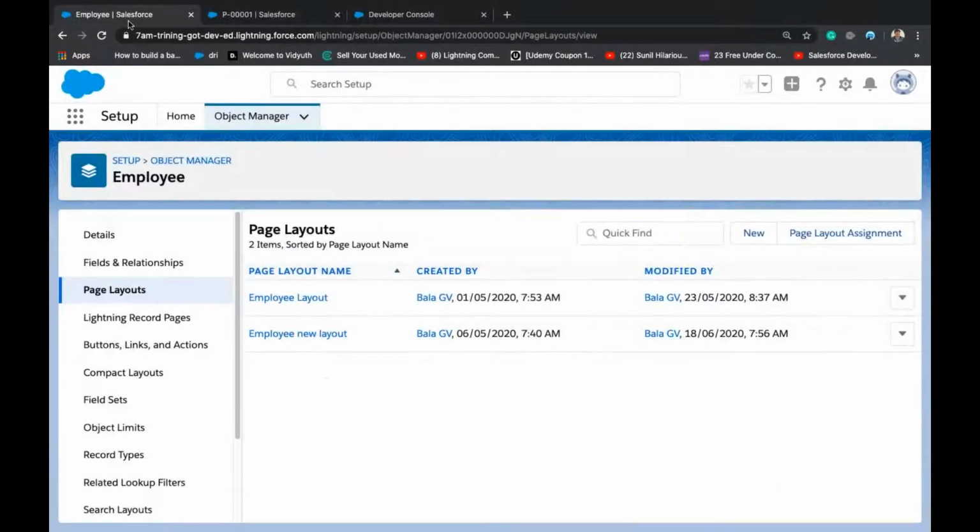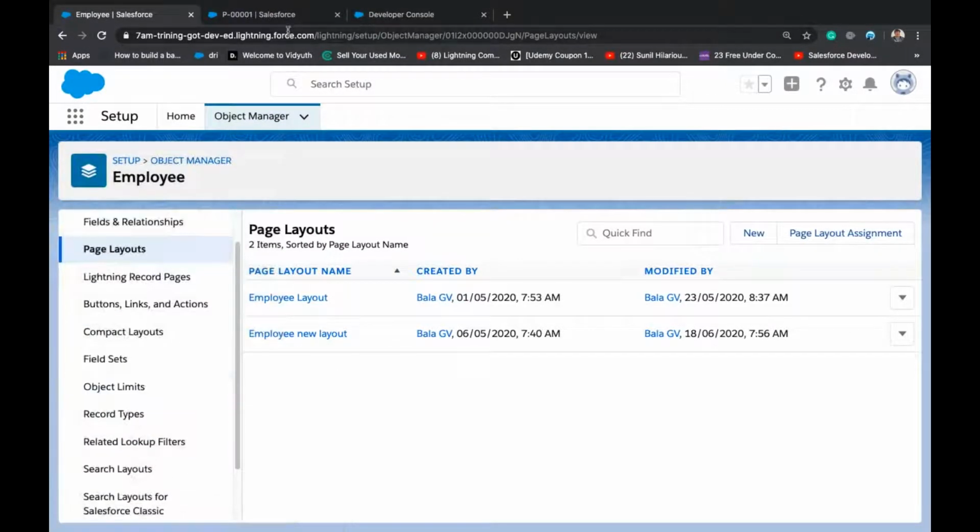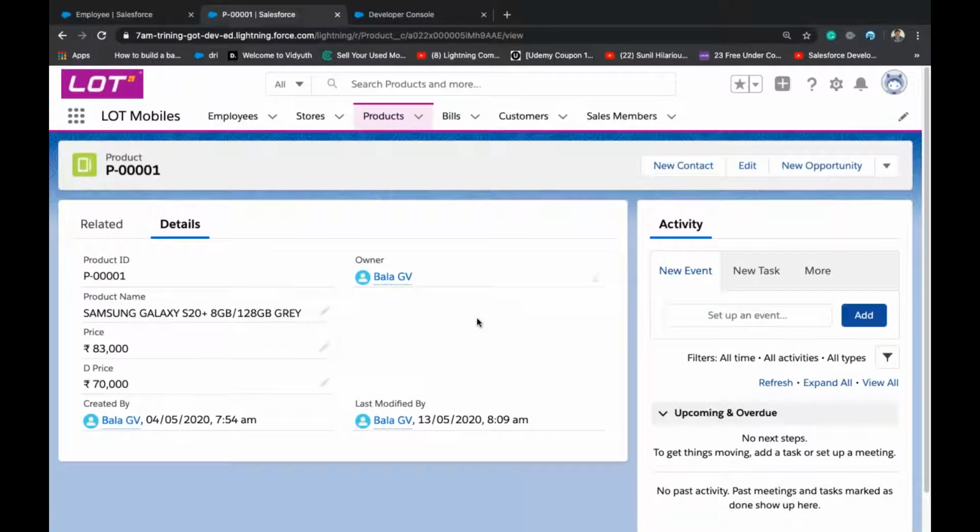Again, using all this point to click like workflow, process, all those things, we can automate something only on create or edit, right? Insert, update, only those two DMLs. We cannot do anything on delete. We cannot write a process builder on delete. We cannot write a workflow on delete.